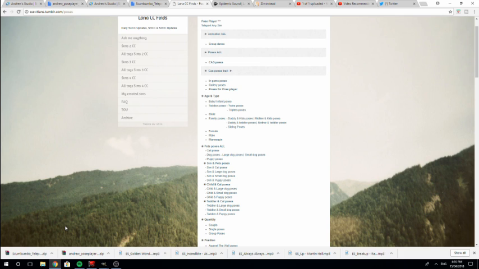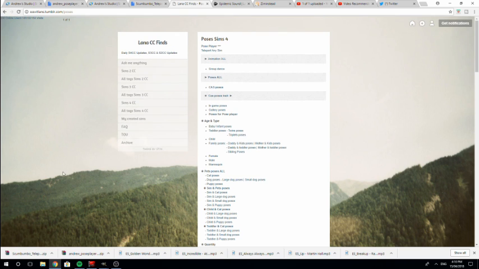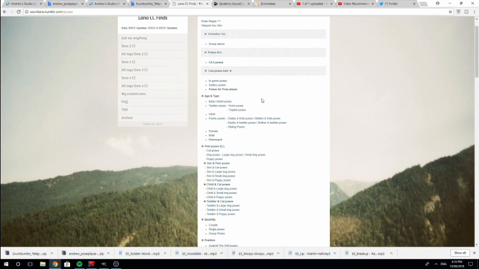And they're the ones where you see, you know, a bunch of sims posed in a certain way in-game. So the third link is going to take you to Lana CC Finds, and this is a really good resource for really any custom content that you want, but I have specifically linked the poses section. So what we're going to do is we're going to go here, CAS poses trait, which is like the third one here, and just click on that,